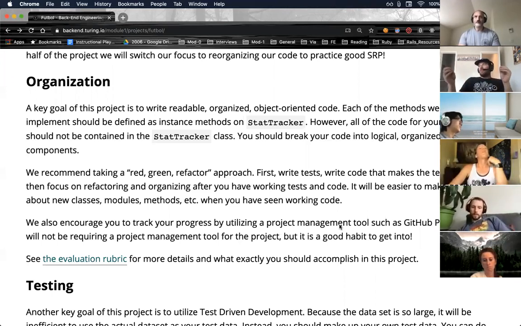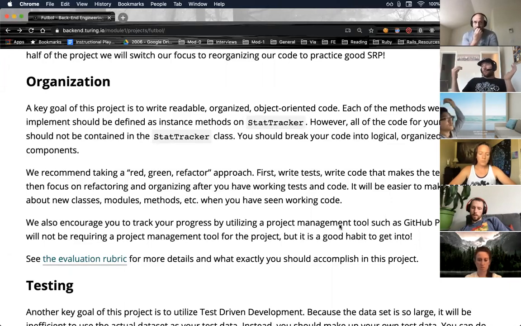I think you all probably did this in Mod 0 with the GitHub projects, so you might be most familiar with that. It's the idea that you're going to create a to-do list, and then you're going to assign things to each other in that to-do list, and you are going to move them over when they are done so everyone can be on the same page of, hey, this is where we're at. Also highly recommend having a daily stand-up and a daily retro. I think at least one meeting, whether it's at the beginning of the day or at the end of the day with everyone, where it's like, hey, this is where we're at, this is what we plan to get done, is going to be super helpful for this project.